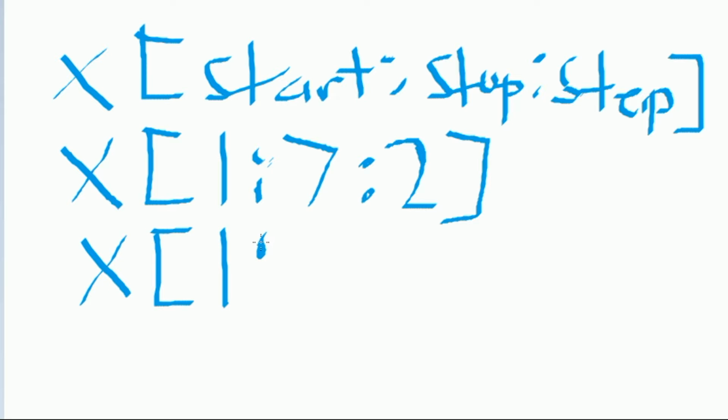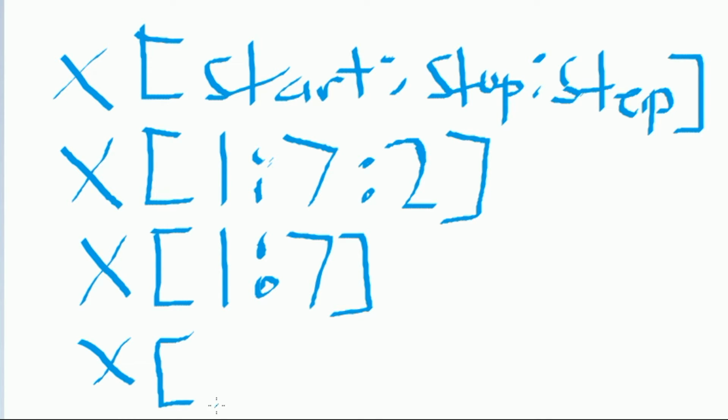You are not required to put in a step though. You could just put 1:7 and then close the bracket, and it will count by 1 each time, but you don't have to put that, it just automatically does it. Likewise, you are not required to put a starting and a stopping number. You can just put x[1] and it will return the item that is contained at the index number